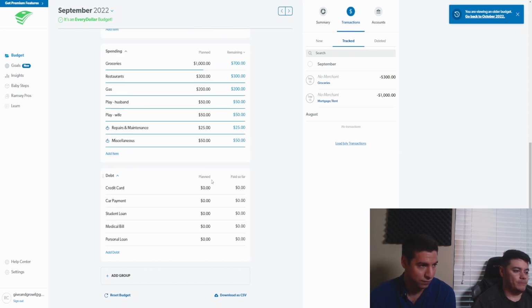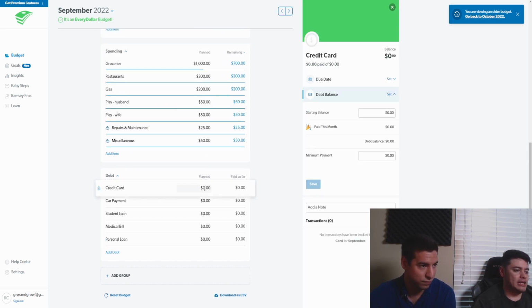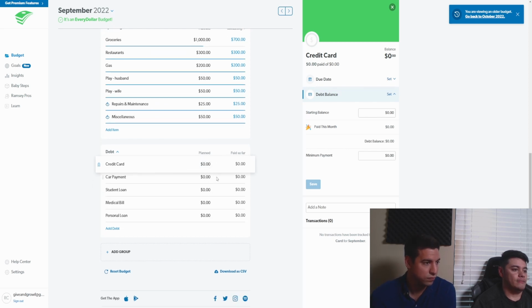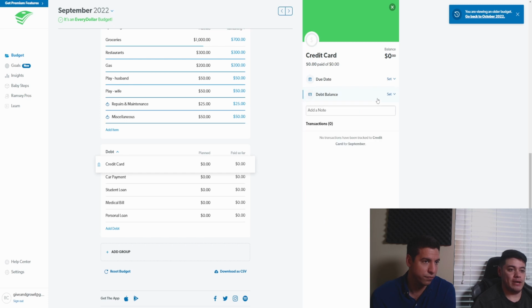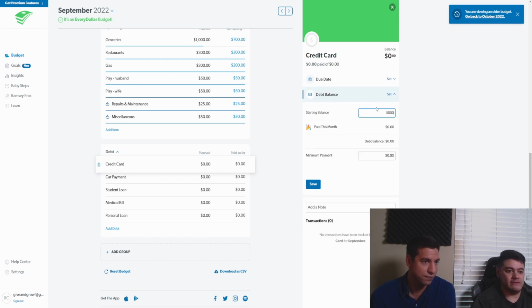So for example, let's say you wanted to allocate like $25 a month to this, right? So if you click on credit card, for example, let's say your debt balance is 5,000, and let's say that you're doing a $25 minimum payment right here. You would just set that right here. You click save,